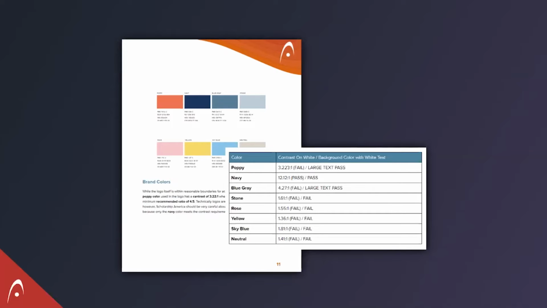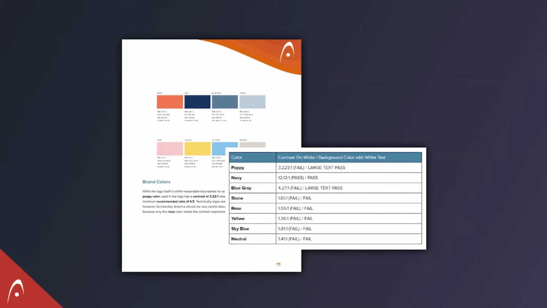Actually, our own brand guide has accessibility baked into it and talks specifically about where you can use different color combinations and how those work. So I'm going to switch this poll here. Thank you for answering. So the next poll here is kind of about